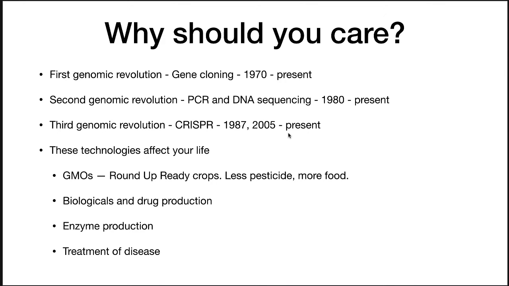There are biologicals and drug productions. Many types of drugs are now possible because we can clone genes and easily express almost any protein that we're interested in. An early example of this was serotonin. My brother had carcinoid syndrome when he was a young man, and one of the things that prolonged his life quite a bit was the production of serotonin, and this was one of the first genetically engineered proteins that was made. There are all sorts of enzymes that you use in your daily life that are produced via biotechnology and genomics and genetics, and we're starting to see payoffs in the treatment of disease.